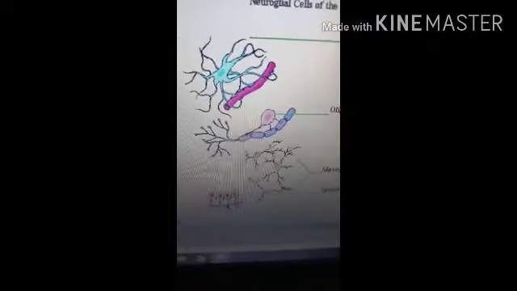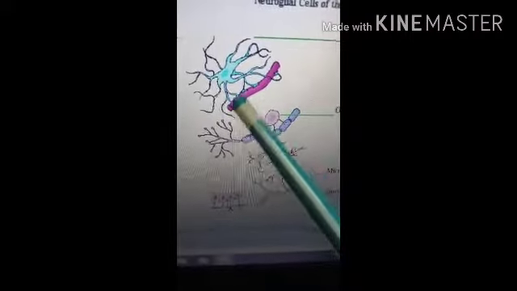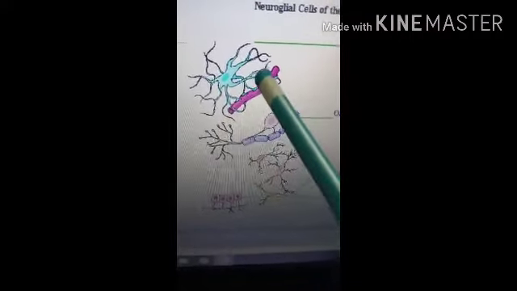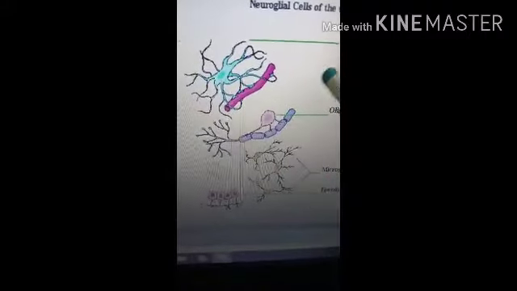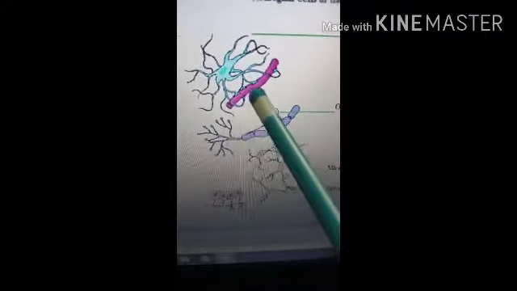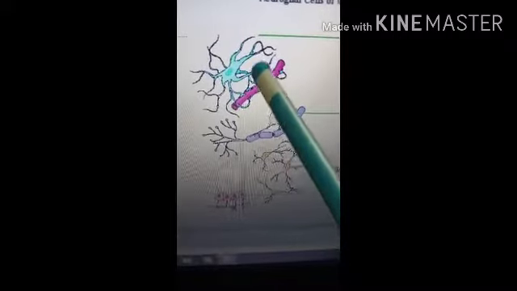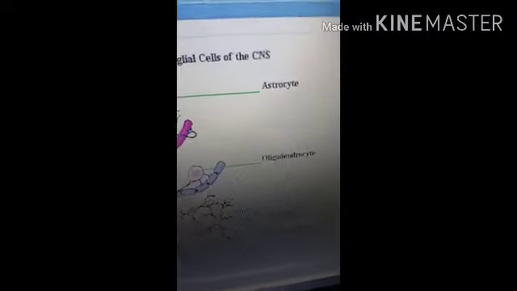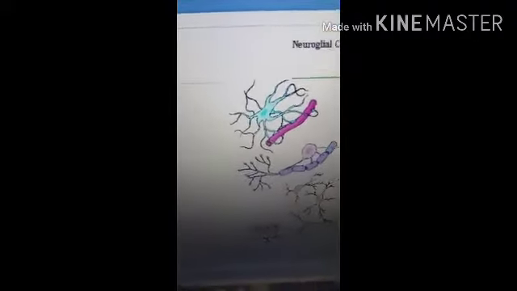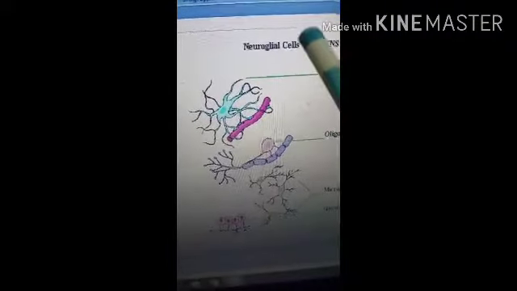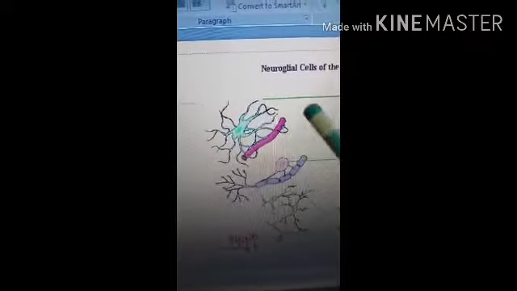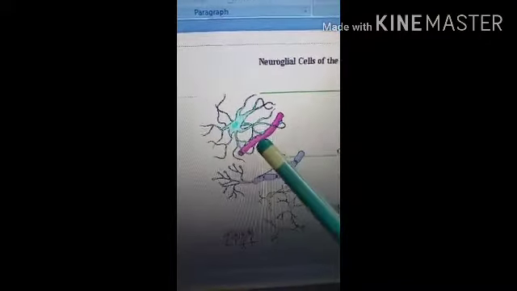So here in this diagram again you can see the blood vessel, this one, and that is attached to the foot plate. And this is attached to the neuron. So throughout this, it helps to exchange the metabolites from the neuron to the blood vessels. Okay? Then the astrocytes are formed in large number near the blood capillaries with their foot process. So here you can see the foot process.